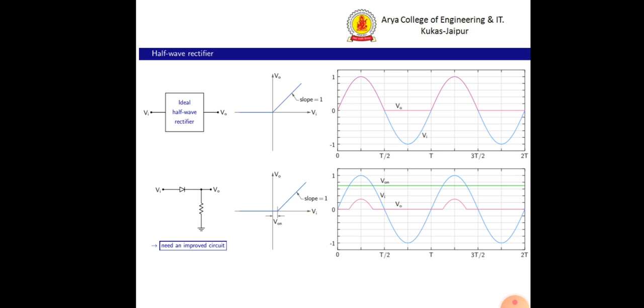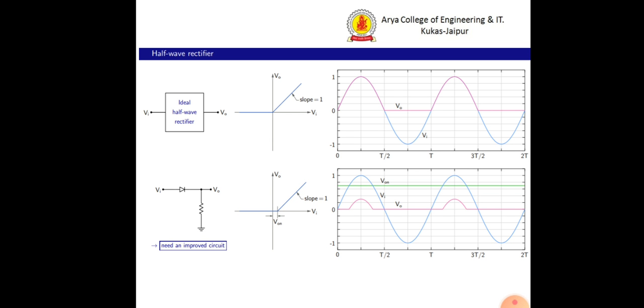Practically what happens is shown in the diagram below, where you have one particular diode connected to a resistor. Input Vi is applied to the diode, and as given in the characteristic curve, only after a certain threshold voltage will there be conduction of current inside the circuit. Because of this threshold voltage or the cut-in voltage, which is due to the depletion layer of the diode,